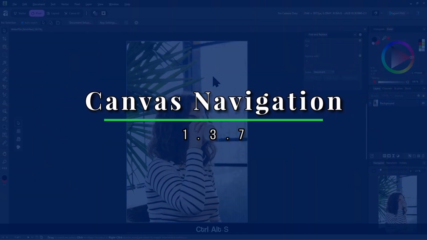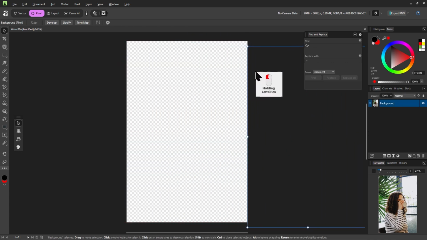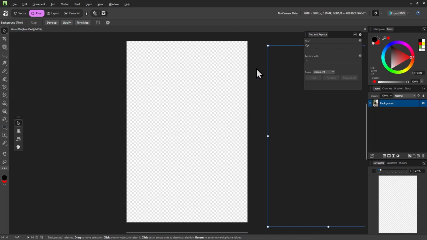Now, what if we didn't delete the image here, but we did something else? Like for example, we move this out of the canvas, which as you can see, any objects that are outside the canvas are pretty much invisible.